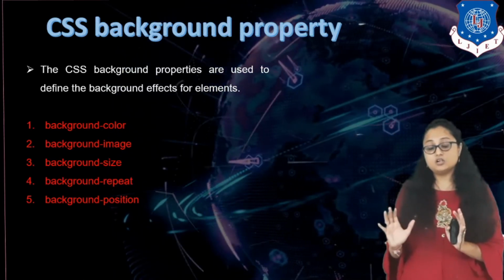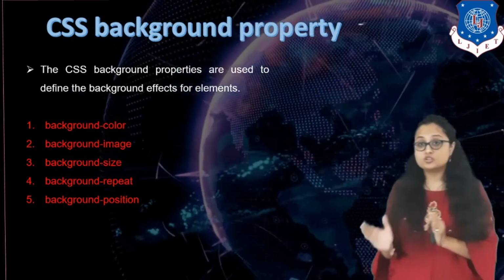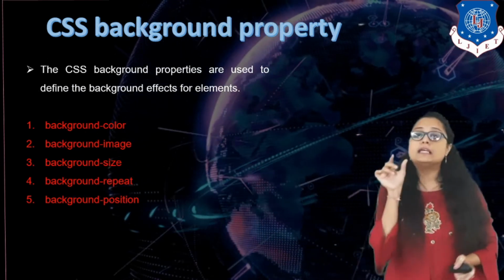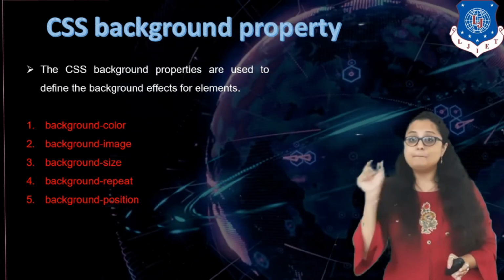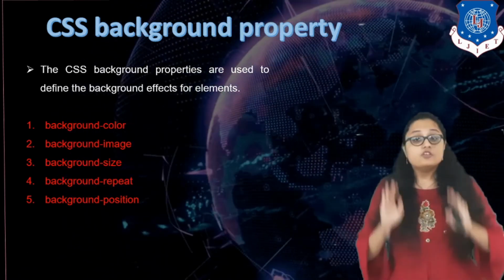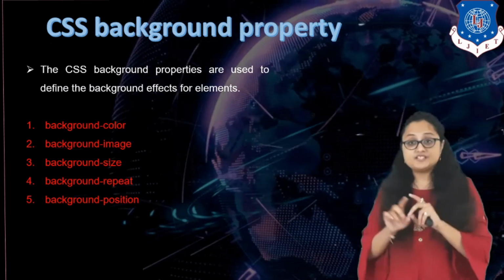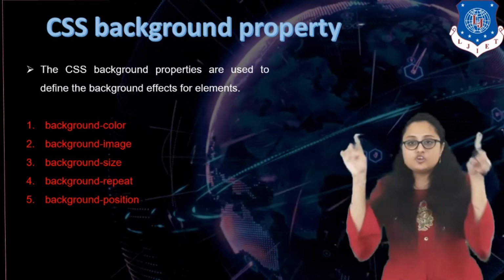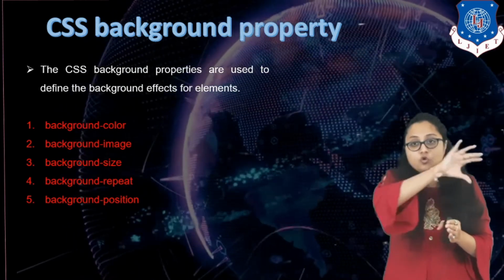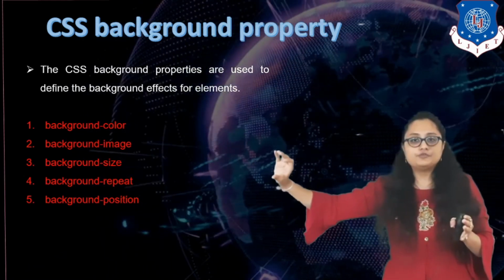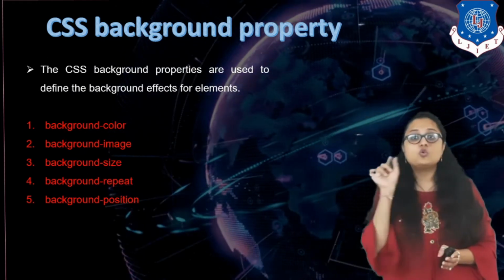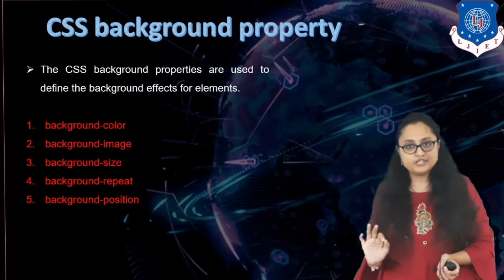Now you have to distinguish between both of them that we have studied currently. The first property that we have studied is only color, and that is not for your background color, that is specifically for the font color of your element. Whereas here you are specifying background color, it means your element, for example a paragraph, is taking some space in your page, and if you want the whole background of that paragraph in some other color, then you have to specify this property, that is background hyphen color. That is the property name for background color.